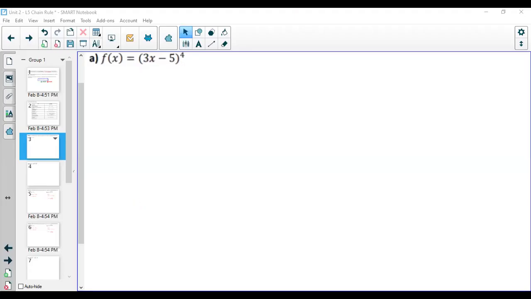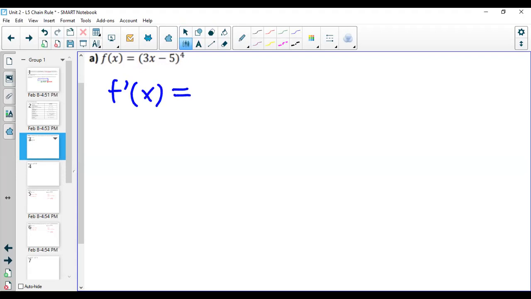Okay, so we are going to go step by step through this process for every example in this unit guide or this particular lesson. So first of all, we're going to start off with f prime of x. And I'm going to treat the outside function as I would x to the power of 4, right? I'm going to treat it like x to the power of 4, the outside function, meaning I'm going to take this